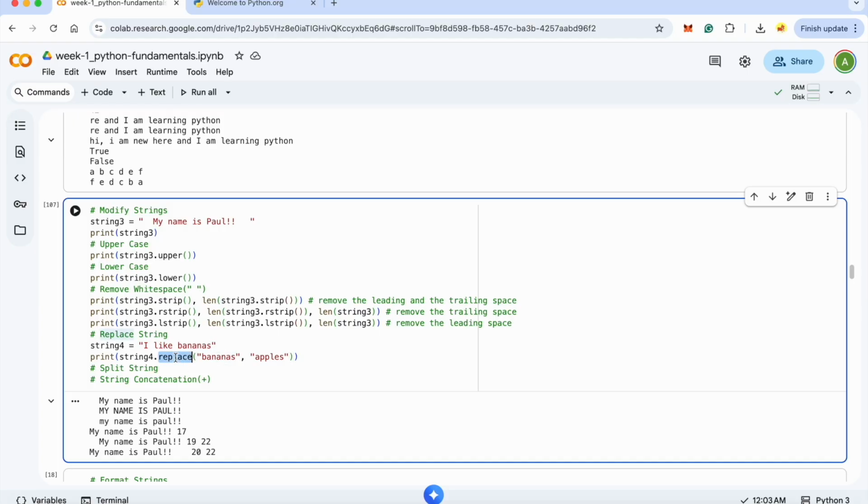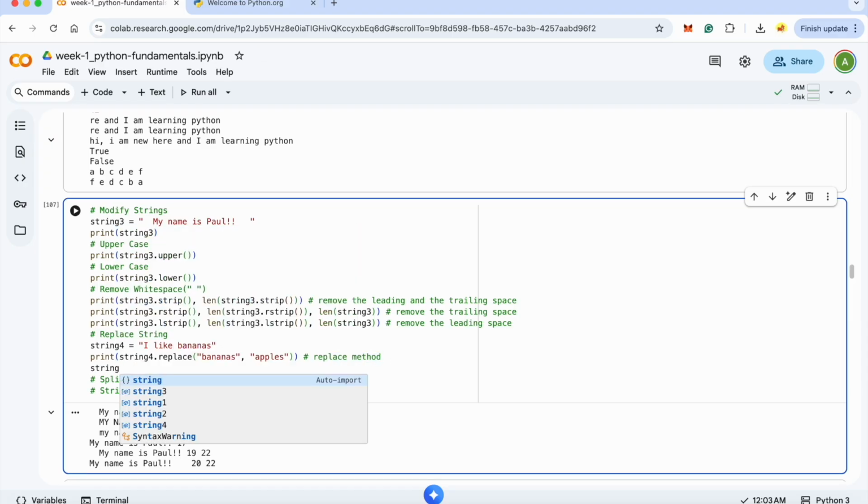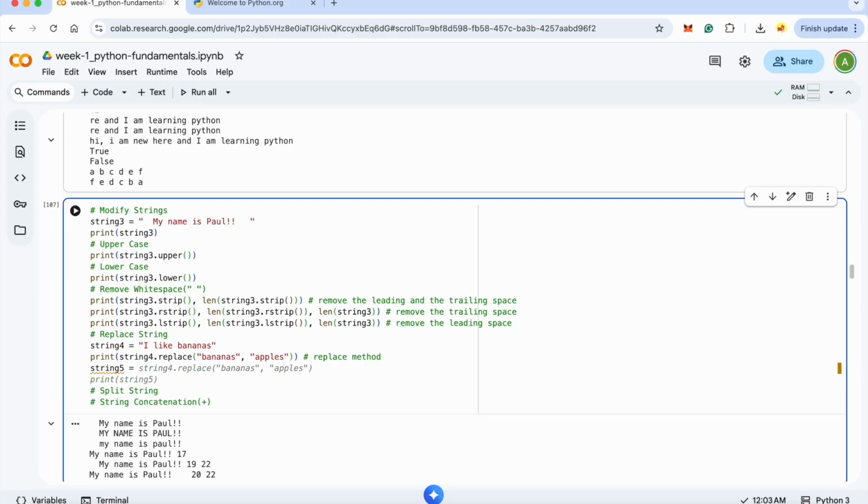So we have a method called replace. This is the replace method. What it will do is find if there is a substring like this in the string, and if it finds it, it will replace it with apples. Okay, now you must be thinking, let's say another string is there, string 5, and it is something like